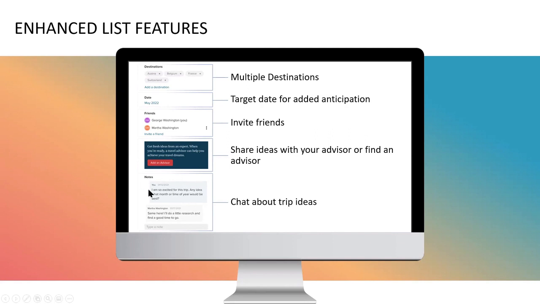Below, there's a note section. I like to think of it like Facebook Messenger, where we can send little chats, we can chat with each other, and it's per list. So this note section is for those members that are on this list, so we're the only ones that can chat with each other. We can ask questions about different ideas that are out there. We can learn more things about each other. If I'm new to them, I can introduce myself to them, et cetera. So this chat box, I think, is going to be a huge addition. It's just around the corner.